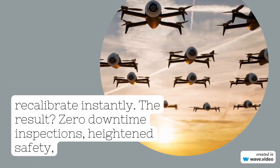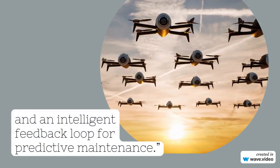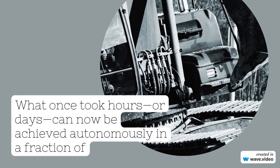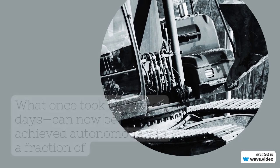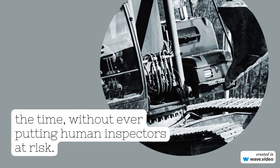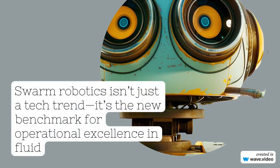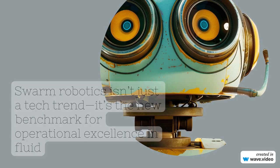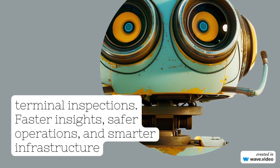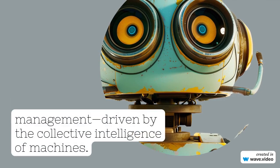The result? Zero downtime and an intelligent feedback loop for predictive maintenance. What once took hours or days can now be achieved autonomously in a fraction of the time, without ever putting human inspectors at risk. Swarm robotics isn't just a tech trend, it's the new benchmark for operational excellence in fluid terminal inspections: faster insights, safer operations, and management driven by the collective intelligence of